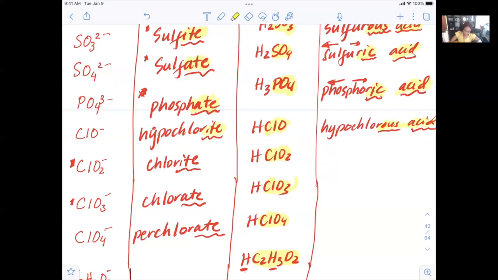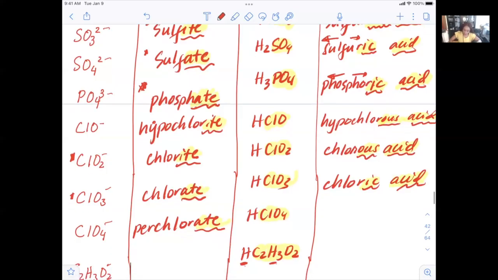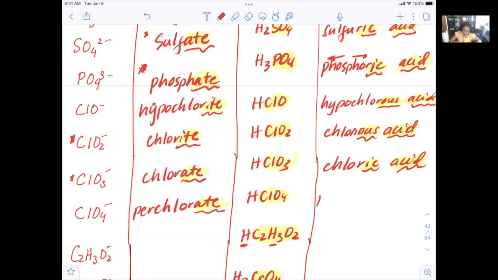Okay, this right here, the "ite" ending, that shall be replaced. And then chlorous acid. This whole part is new. Then chloric acid. That whole part is new. And then